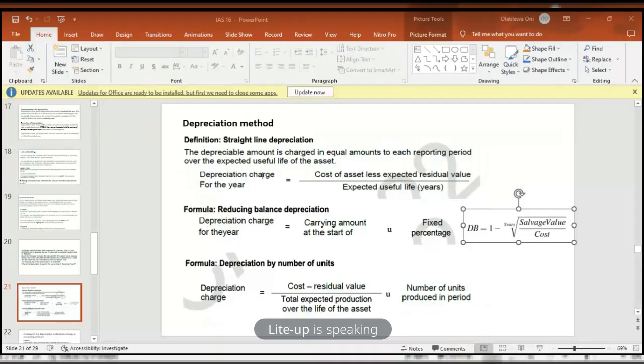Now we don't have the number of years equivalent to this here. Year 6. For year 5, the depreciation charge will be this amount times 20%. Depreciation charge is going down,